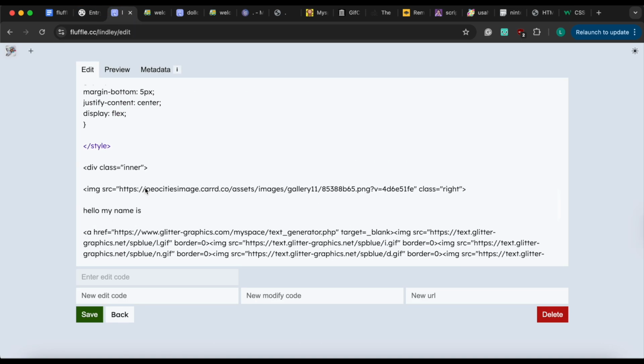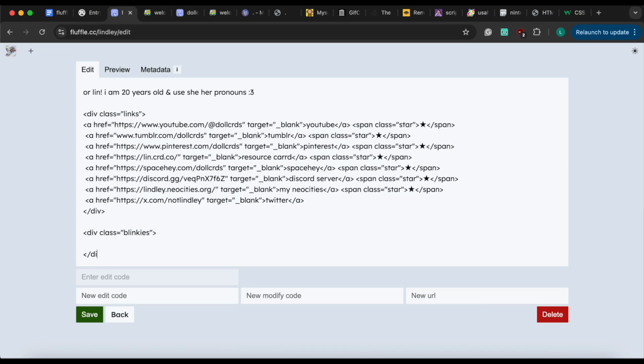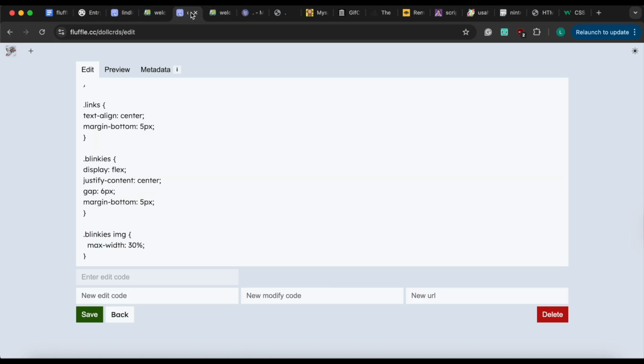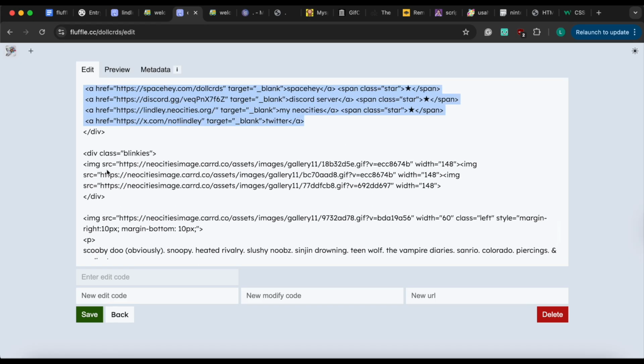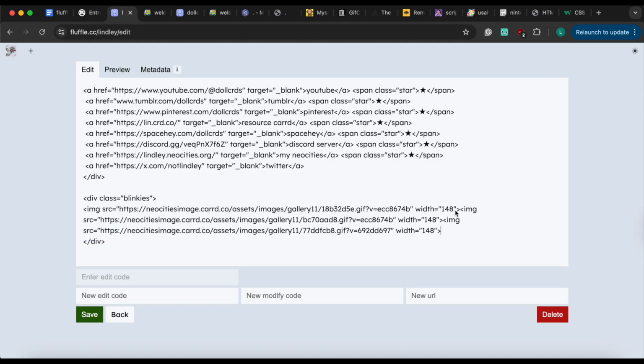So once we have the class created, we can go ahead and create that. And then add our blinkies, which for the sake of time, I am also just going to copy and paste them. You can ignore, again, I didn't fix this, but ignore the width 148